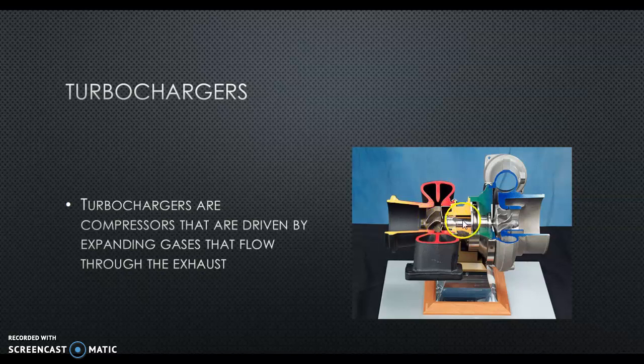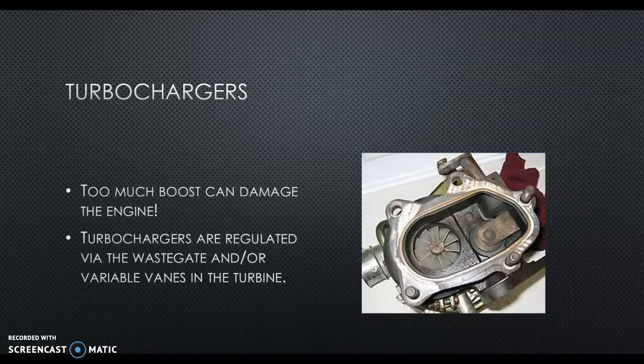It's attached to the shaft as it comes over to the impeller. This is on the intake side, and as air is coming in right here from atmosphere, it's going to hit this impeller. This is spinning due to this being moved by the exhaust gases, and it's going to compress up through and out and around this tube. This is a cutaway, and it comes out through here to the intake. That's basically how the turbocharger works. Too much boost can damage the engine, so turbochargers are regulated with a wastegate and or variable vanes in the turbine,